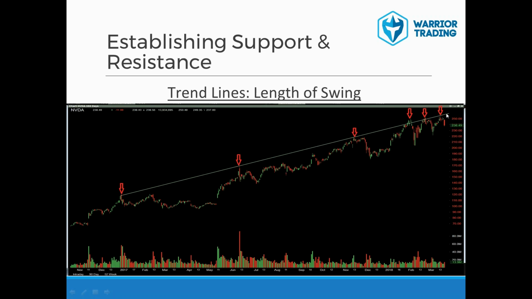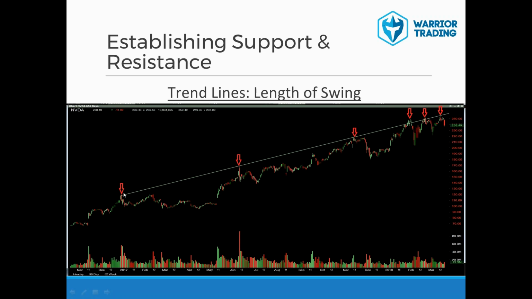And the next time it comes into it, we can expect a reaction. And as day traders, we can take advantage of that. Even as swing traders, if it reacts to the line and holds below, we can look to initiate a short position in this case. So this is how you want to establish your trend lines for maximum effectiveness, using these